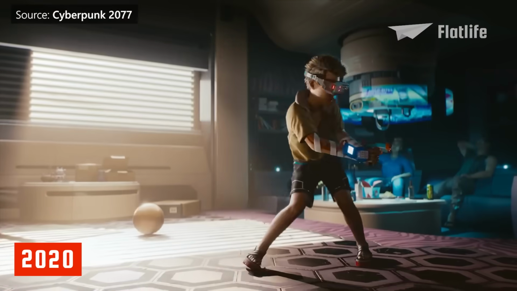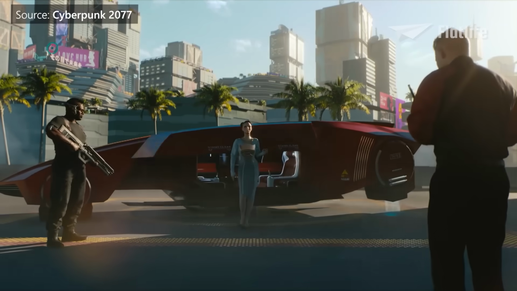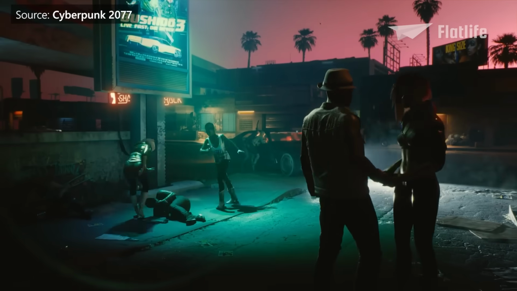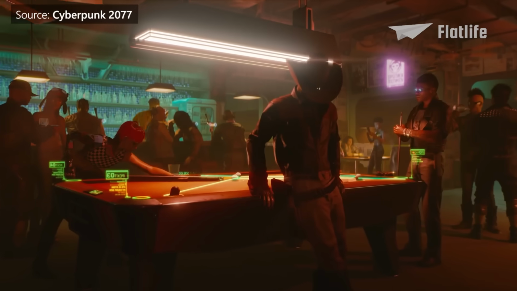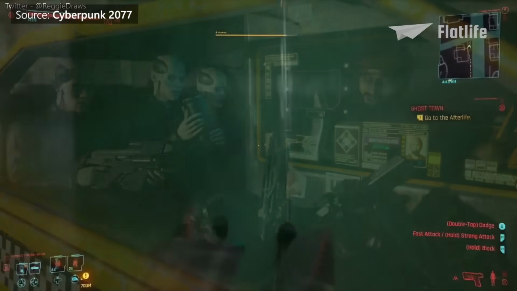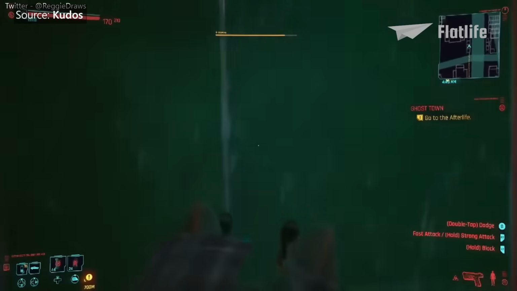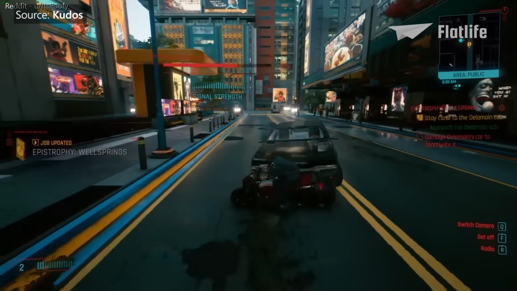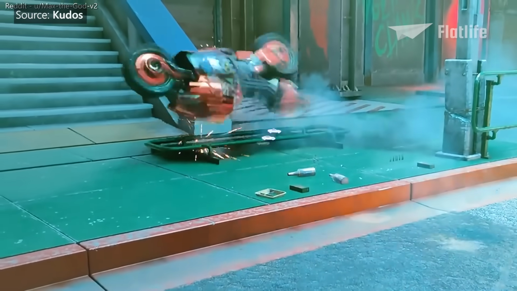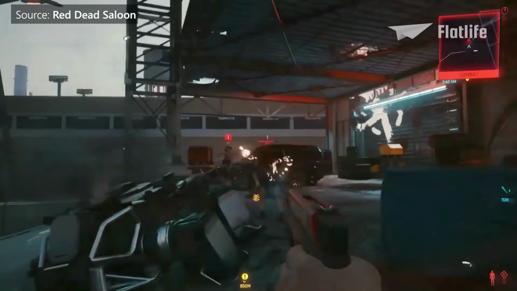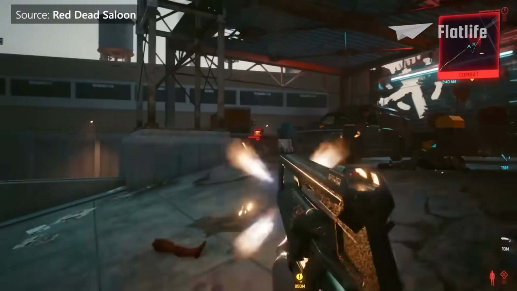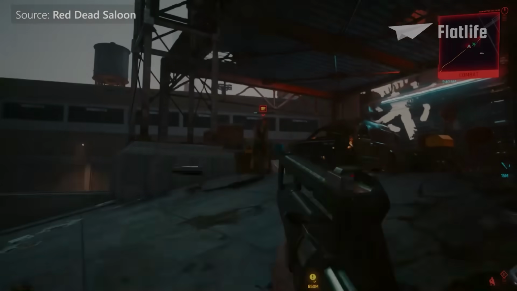In 2020, Cyberpunk 2077 was released, and it was one of the most anticipated games of all time. While the open world of Night City looks gorgeous, the game had a disastrous launch as a result of the bugs and performance issues. It even led to Sony removing the game from the PlayStation Store. Nonetheless, the game was praised for its visual quality, story, atmosphere of the world, and cyberpunk setting.